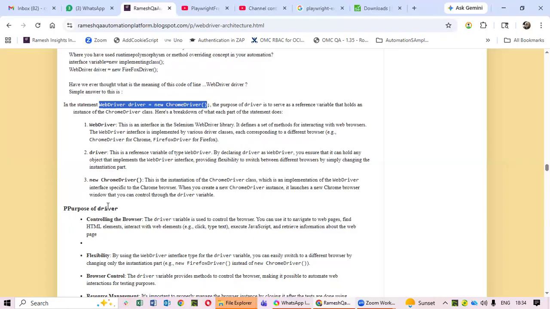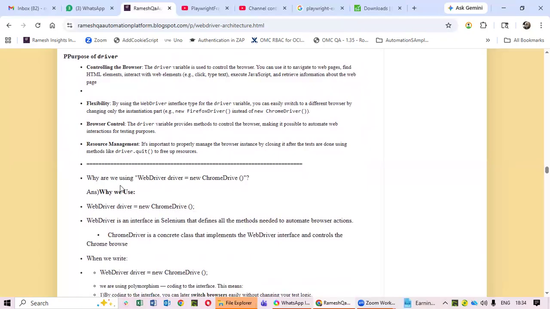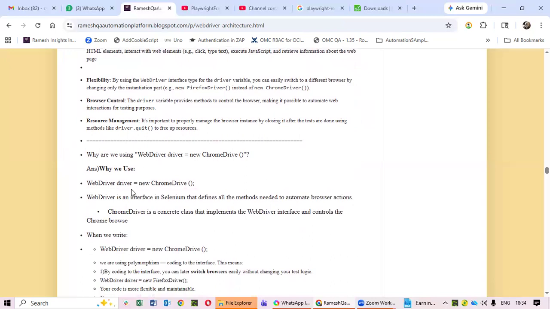So what is the purpose of driver? It's going to control the browser. It's flexible, browser control can be done, and resource management you can do easily with this driver. So why are we using WebDriver driver equal to new Chrome driver? So why not